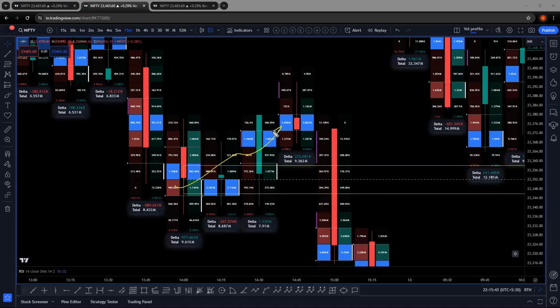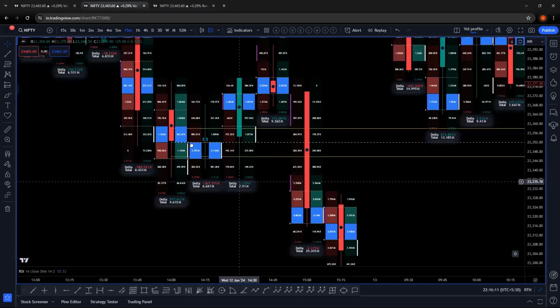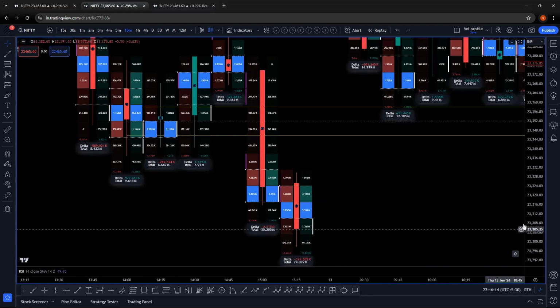Going a little bit forward, around 245, what happened? Very simple. As soon as a spike comes above, so first green candle, this opened and went higher. Smart money around 245, what did it do? It immediately sold. So you can see there's a red candle, reversal type candle doji, but there are net buyers. So there is somebody who has got trapped here, and immediately the price starts to fall.